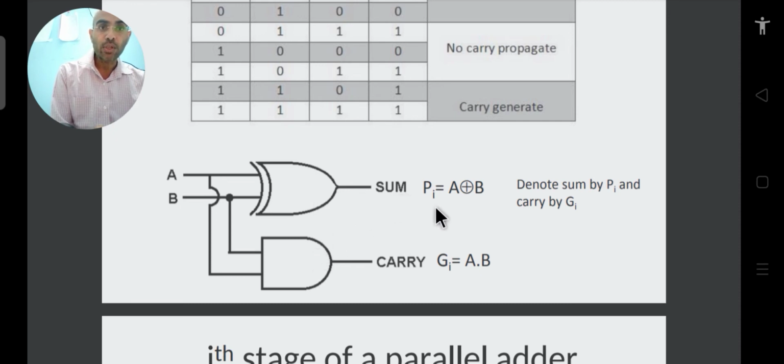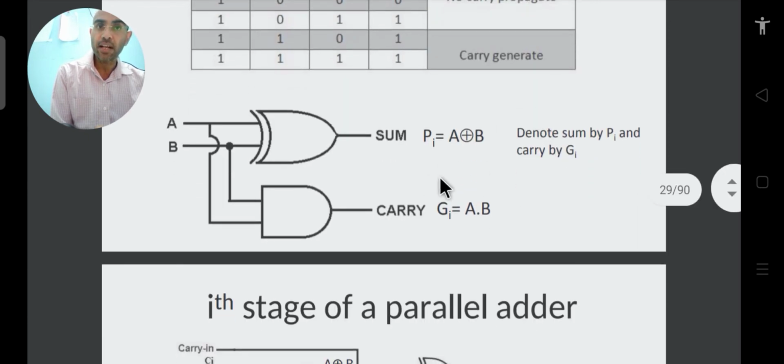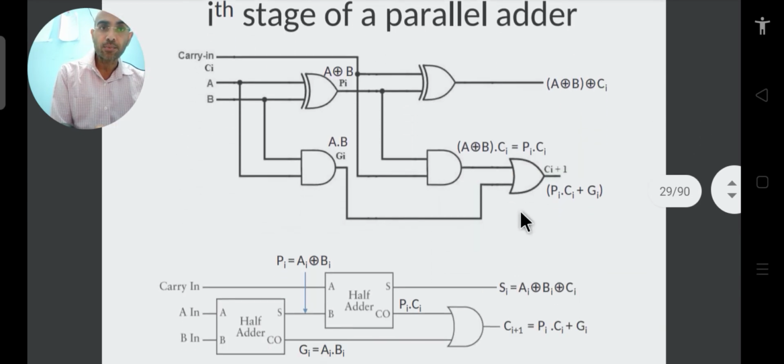So the sum output is nothing but A XOR B. If we denote it with something like Pi, okay, no problem. Similarly, we can denote the carry output with Gi. So our Gi will become A dot B and our Pi will become A XOR B. Okay. Now considering this truth table and these basic fundamentals,